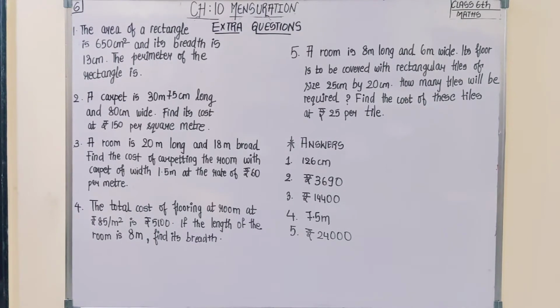Okay, so these are the extra questions, and only 5 I have provided you, but these 5 show how different types of questions can be asked regarding the area of the figure, where a rectangle or square is given. Then how the manipulations of different questions can be formed. Okay, so these are few questions, and these all are different, they are not repeating.